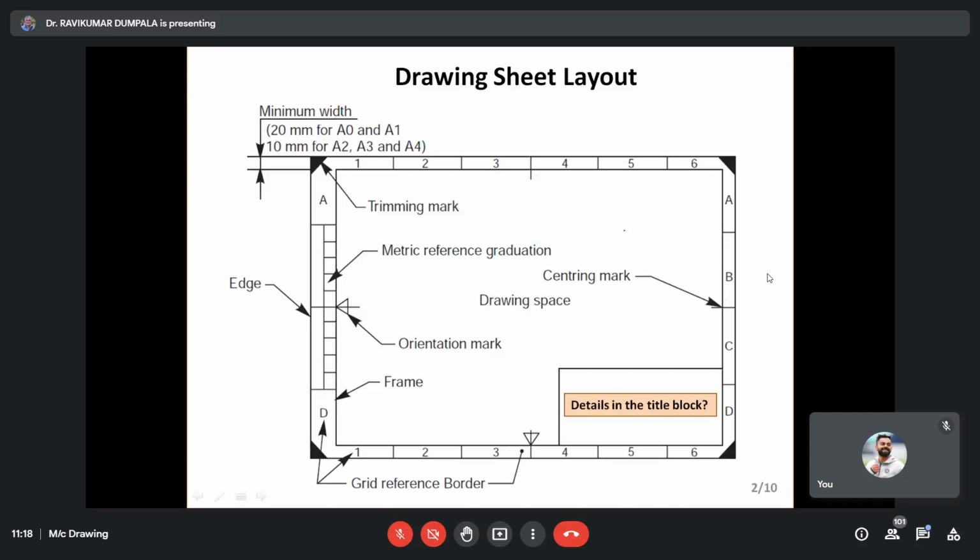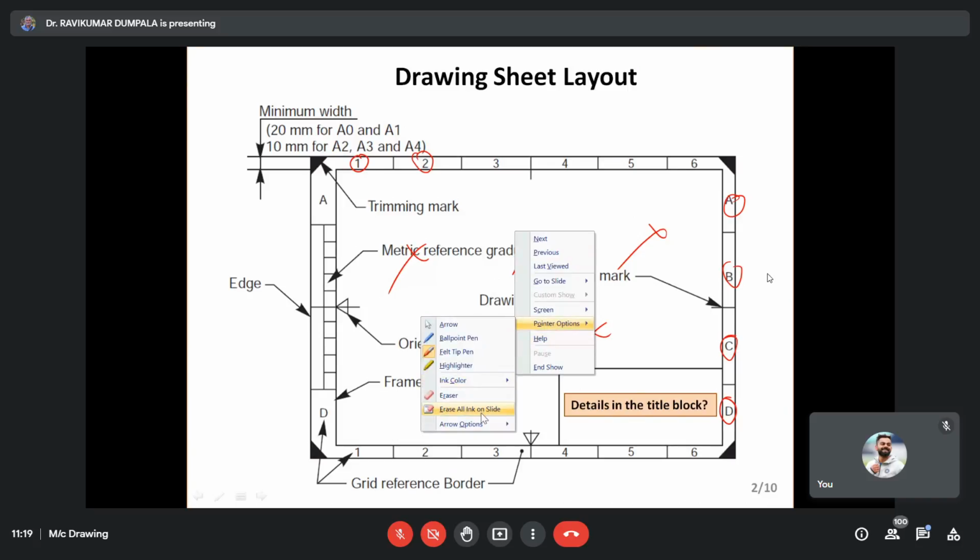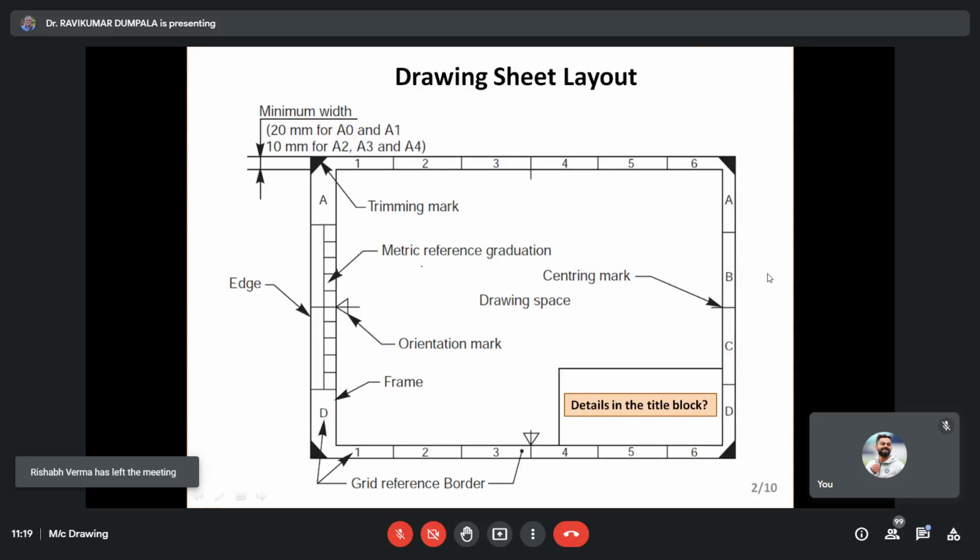I want to tell you one thing. This numbering is there: 1, 2, 3, 4, and A, B, C. Because these are very big drawing sheets and blueprints, suppose you want to refer to some component, you have drawn so many figures here and there. To represent that, the numbers are useful. They tell the position of the part drawing. If you make some component right here, you can say the position of this component is 2A.